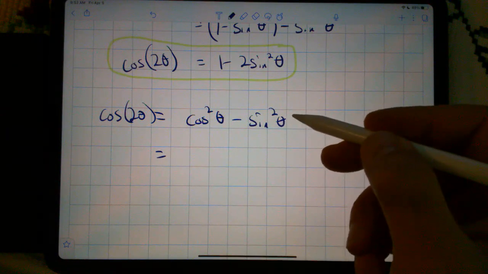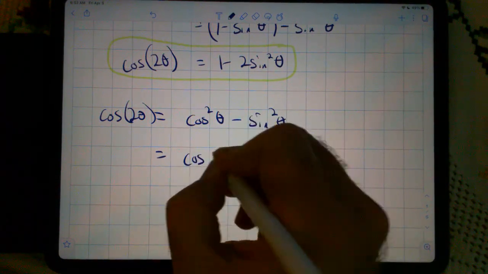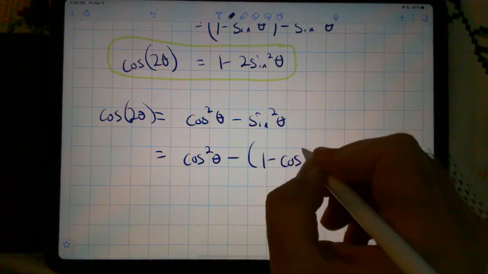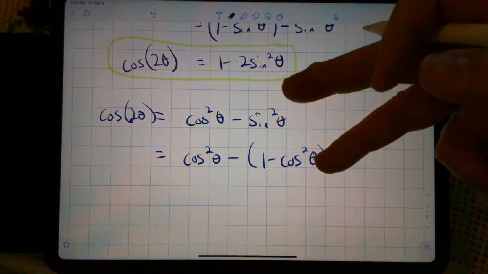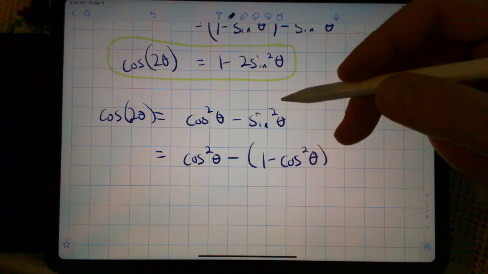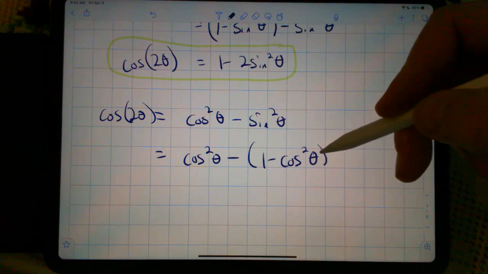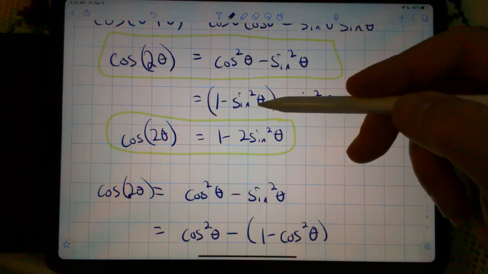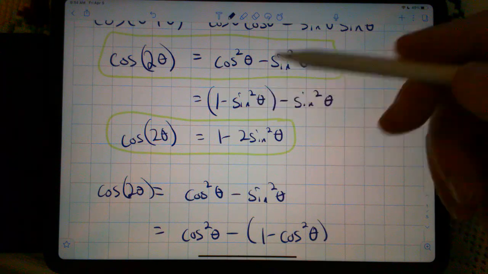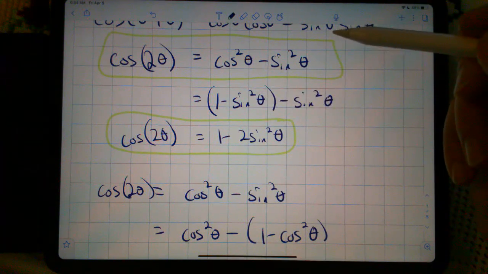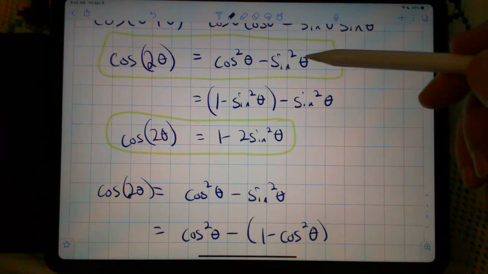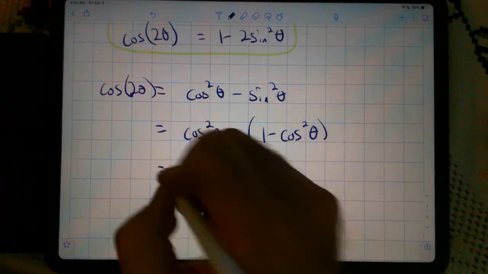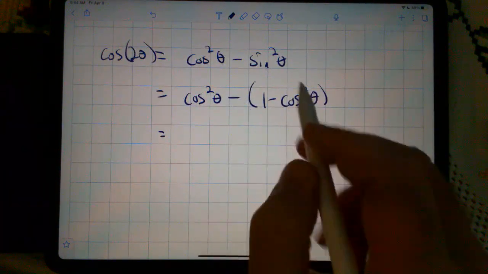Sine squared theta is 1 minus cosine squared. So we have, because these two are the same, sine squared theta is equal to 1 minus cosine squared theta, and cosine squared theta is equal to 1 minus sine squared theta. This is because the fundamental identity in trigonometry is cosine squared theta plus sine squared theta equals 1. Okay, so when you distribute the negative, we have